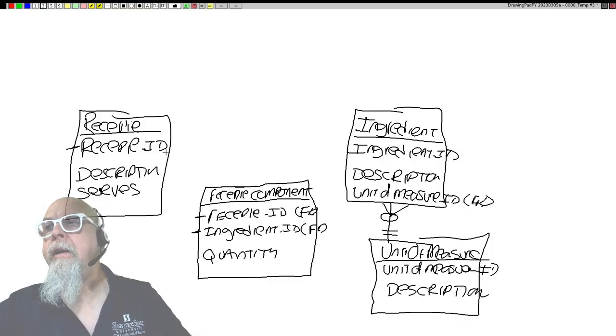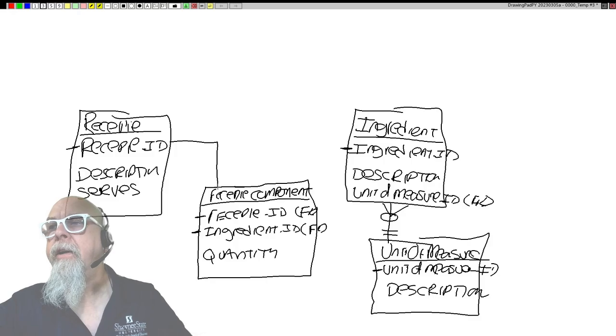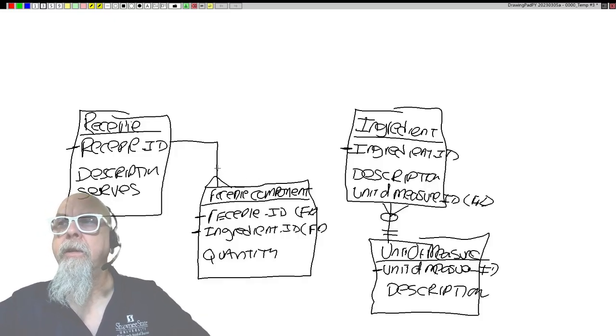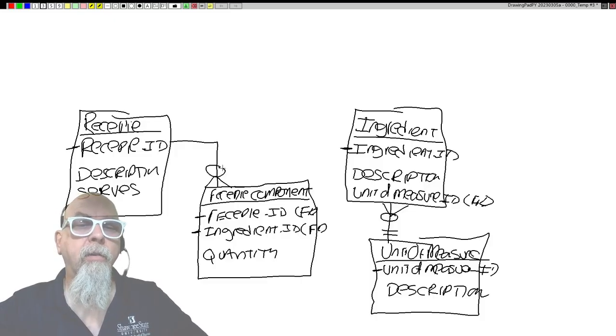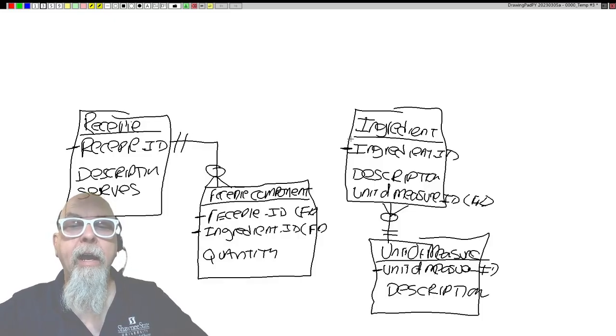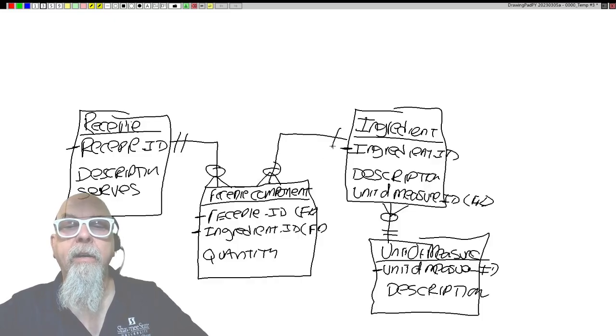Like this is our primary key of recipe, and this is our primary key of ingredient, and this is our primary key of unit of measure. So this implements a one-to-many relationship of a recipe has many recipe content or recipe ingredients, or we call it lots of different things. But a recipe has one of these, and can have zero or more of these, and these have one and only one recipe, and an ingredient has zero or more of these,